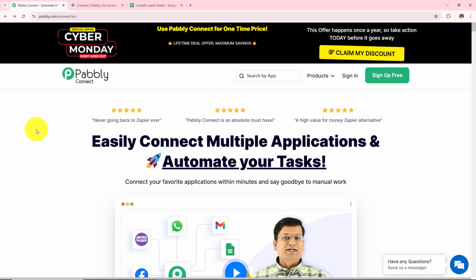browser. Now after browsing the website, we need to sign in to a Pabbly account. On the top right corner, you can see two options, sign in and sign up for free. If you are an existing user, click on sign in, and if you are a new user, click on sign up for free, and this will give you 100 tasks free on a monthly basis. As I'm an existing user, I'll click on sign in,